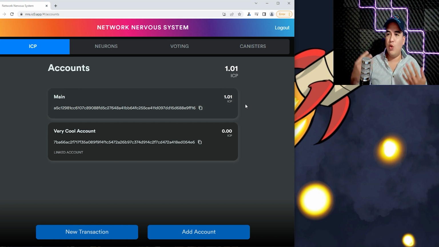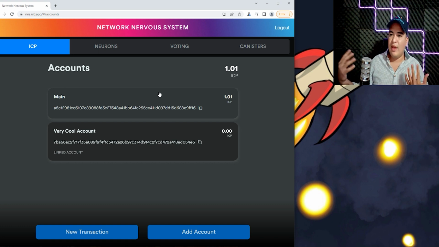All you have to do in order to do that is either go to your exchange like Coinbase or Binance, wherever you purchased your ICP, click withdraw, and then copy and paste this address on there, or whatever address you want. You can create as many of these as you want. I just put it on the first one. Or if you have something like Plug Wallet or Stoic Wallet, again, just copy and paste the address and send it to here. So now that we have money on here, we're gonna go to